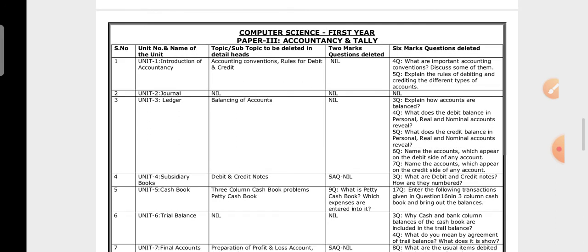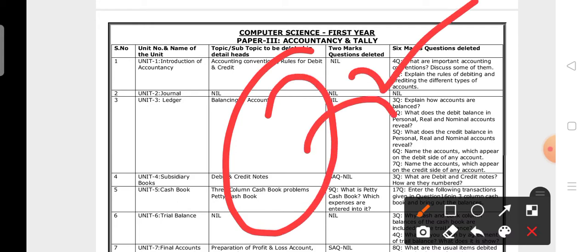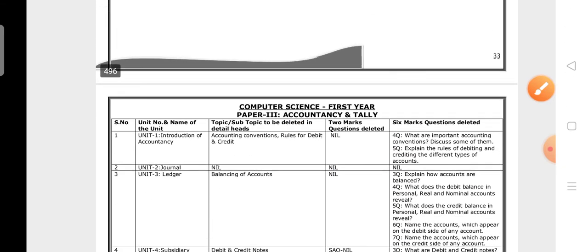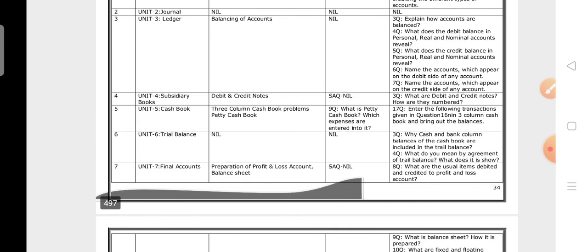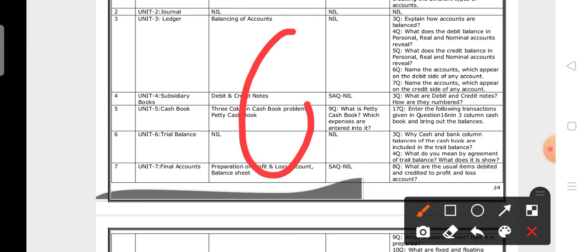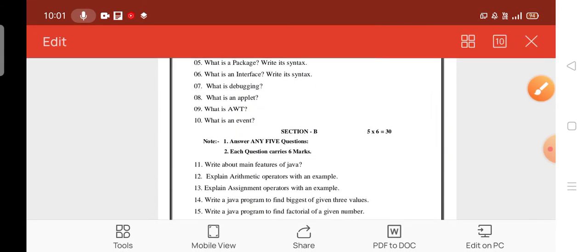So based on these topics only they are preparing the 2 marks questions and 6 marks questions, isn't it? That is the reason when you are reading the questions you have to go through this. If you get these questions while reading the lessons, no need to read, you can avoid them and go for the other important questions. If you go for the important questions you may get a nice explanation, which may be useful for writing the examination. Is that clear? Okay, next I will show the model paper.